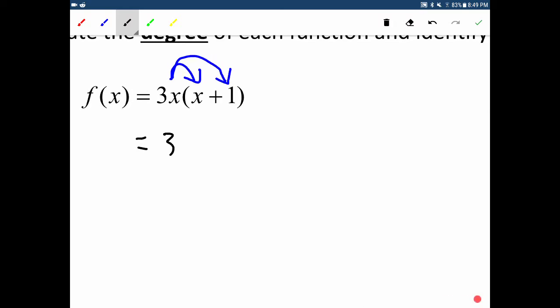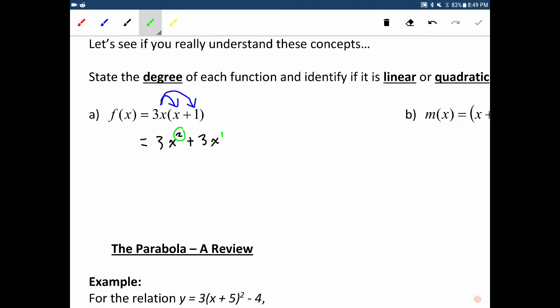So we say 3x times x is going to be 3x squared, and 3x times 1 is going to be 3x. So now that we've got it written out and there's no brackets, we're just going to look at the exponents. We've got a 2, we've got an invisible 1. We don't care about the invisible 1 again because we've got a 2. So the degree,